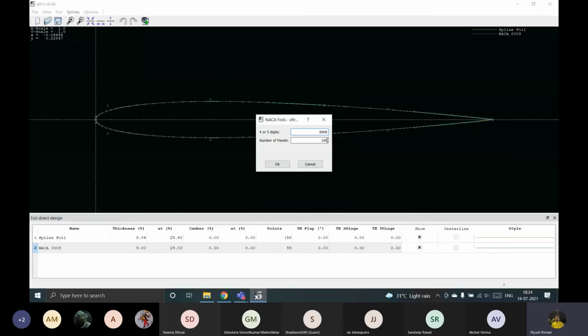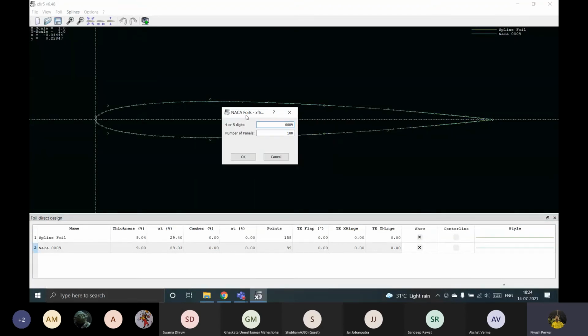The symmetric foil is for the tail because we prefer a symmetric foil in the tail, because at zero angle of attack the symmetric airfoil does not produce lift, but a cambered airfoil produces lift. So if the tail produces some lift at zero angle of attack, that is, when the plane is moving in steady flight, then there is a nose down movement by the tail and the plane will be unstable. So that's why we prefer the symmetric airfoil in the tail.